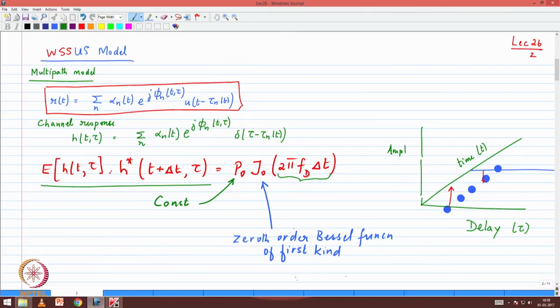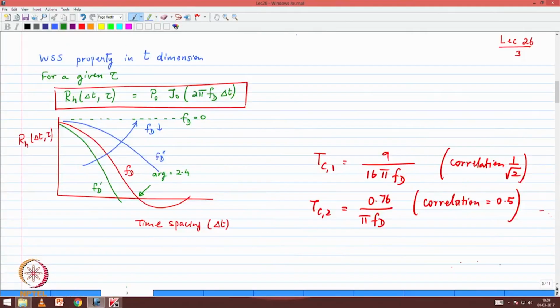That is what we have used, and just so that we are comfortable with the visualization, basically we are looking along the dimension of the progression of the blue dots, and we are looking at what the correlation is as the channel varies as a function of time. Okay. Now the key parameters that we derived in the last class by looking at the Bessel function was